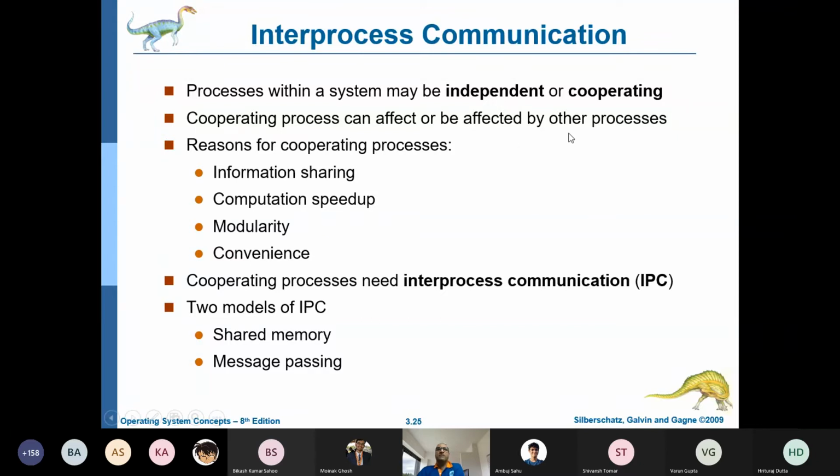And why do you require this cooperative process? You require cooperative processes for several reasons. One is information sharing. It means that there are occasions where multiple processes share information, like for example, you have a database and the database has to be shared or utilized by multiple